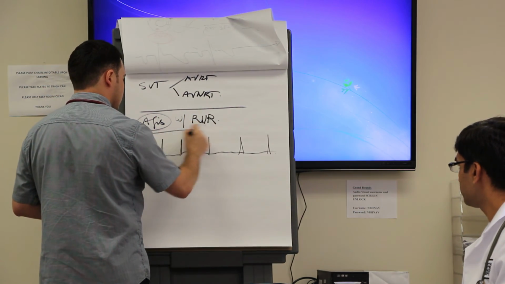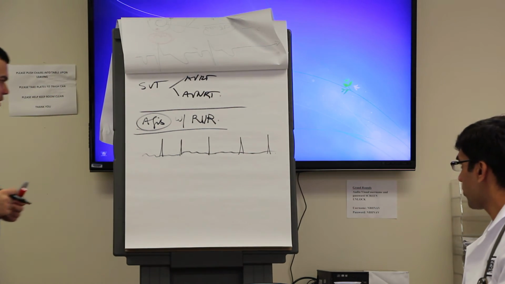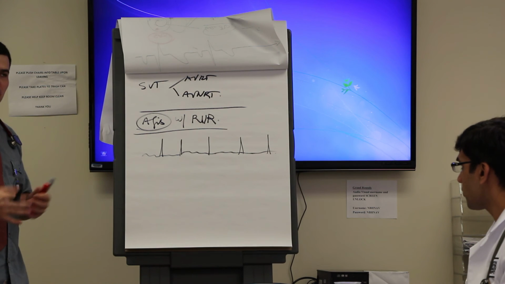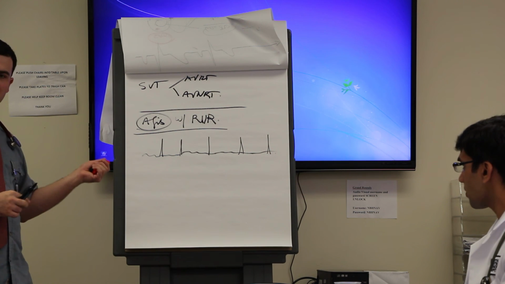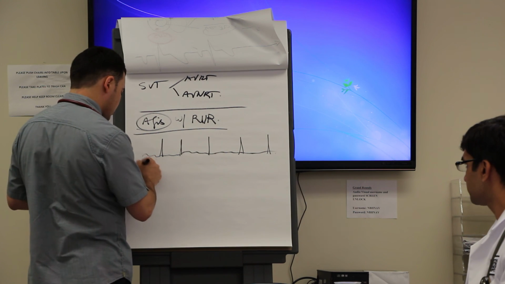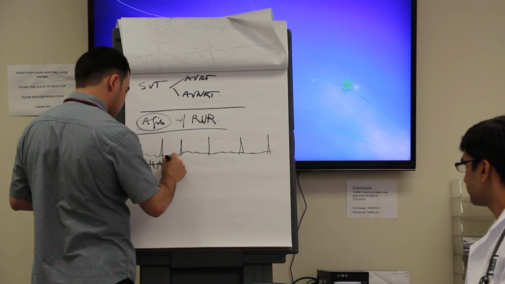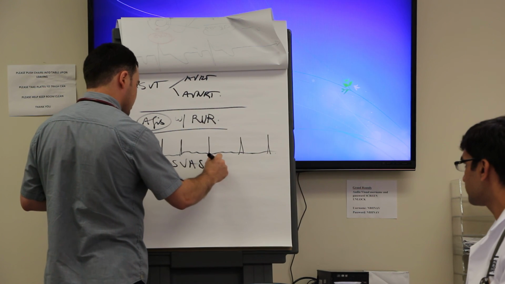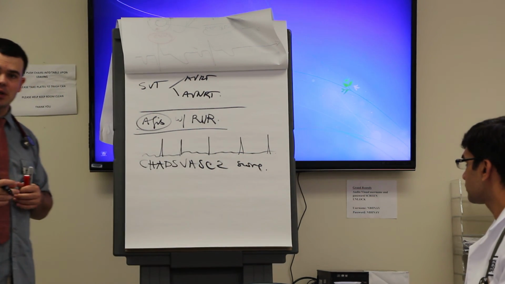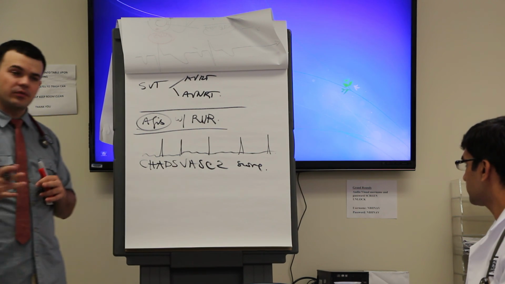All right. So since we're talking about AFib, there are a couple of basic things that you have to be aware of when you're dealing with AFib in the hospital, right? One should be aware by now about the CHA2DS2-VASc score, right? CHA2DS2-VASc score, which takes into consideration what? CHF, hypertension,